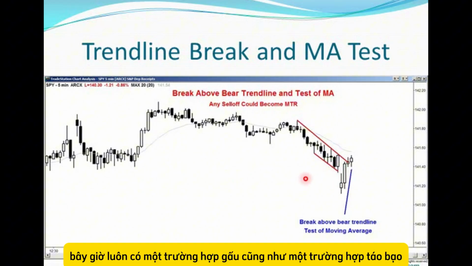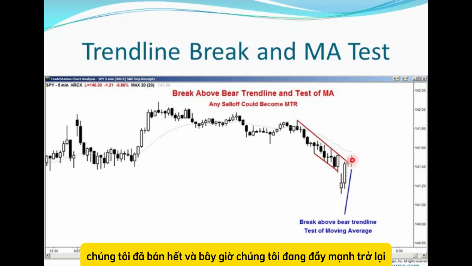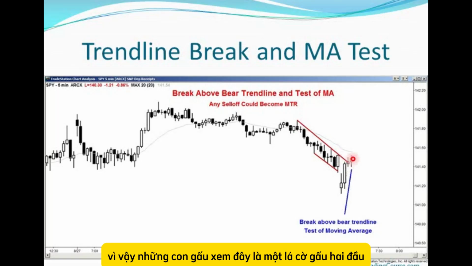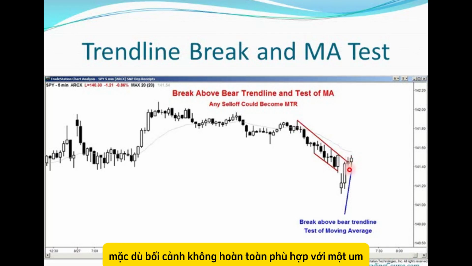Now there's always a bear case as well as a bull case. The bear case is we pushed up on the last bar of yesterday, we sold off, and now we're pushing up again. So the bears see this as a double top bear flag near the moving average. So aggressive bears might short below the low of this bull bar. I would never do that. With 4 consecutive bars up, I think this could be a trend from the open bull, even though the context is not quite right for a